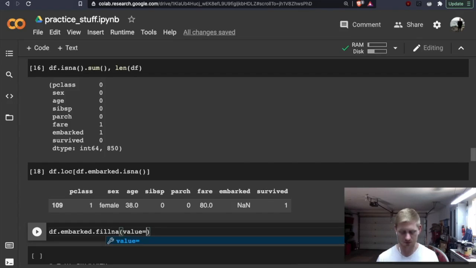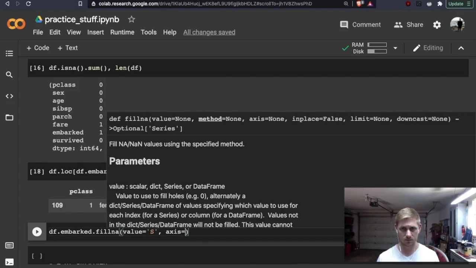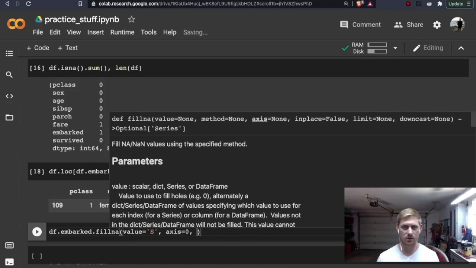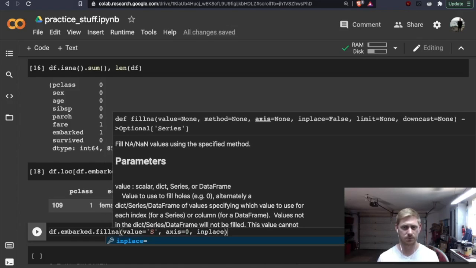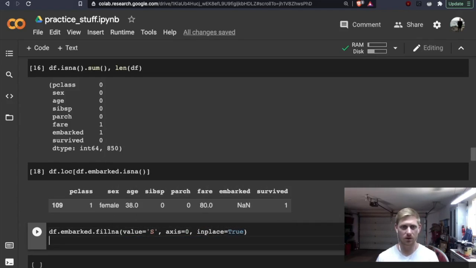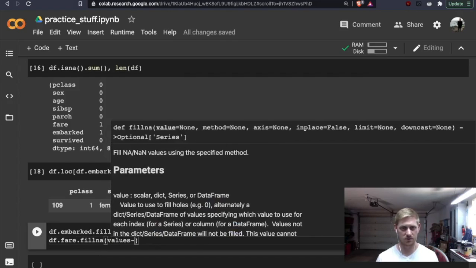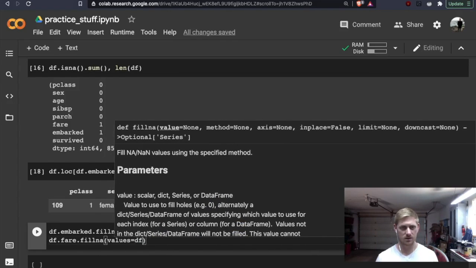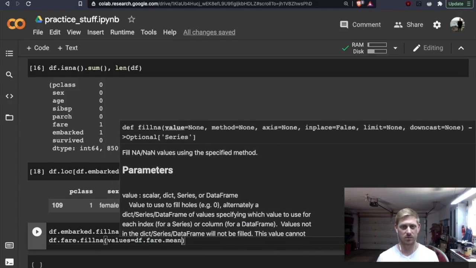So I'm going to go ahead and actually just fill the value, just give it a random value. Does it take an axis? No? Yes? 0, and then inplace equals true. From there, we'd do our fare.fillna, values equals dataframe.fare.mean.